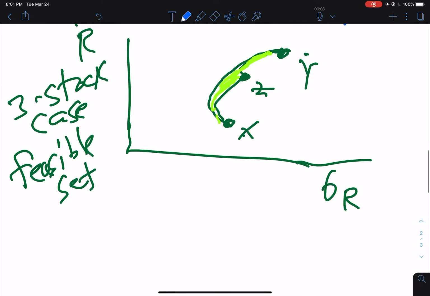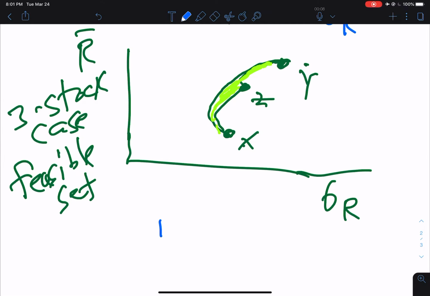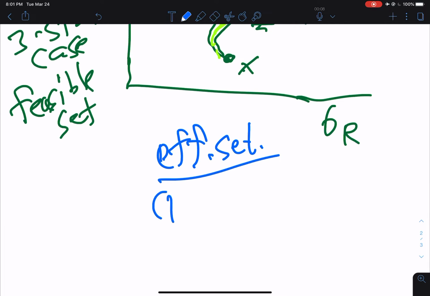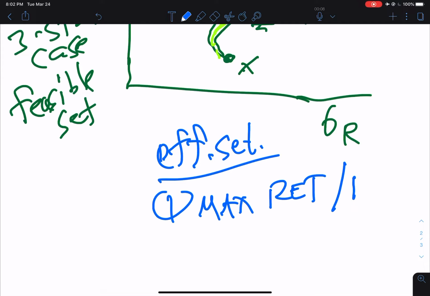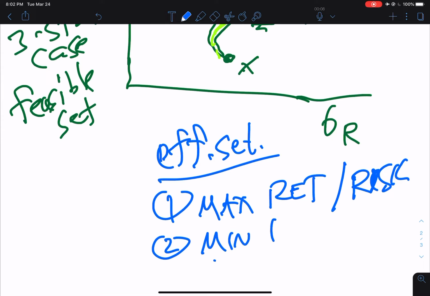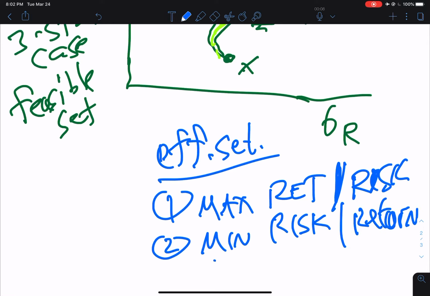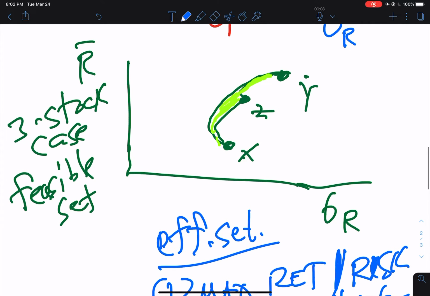Well, now our efficient set in this case will involve two things. We want to maximize return given risk. That's what we're accustomed to. We did that in the two stock case. But now we also want to minimize risk given, should be a straight line, return. We want to minimize risk given return and maximize return given risk, which means when all is said and